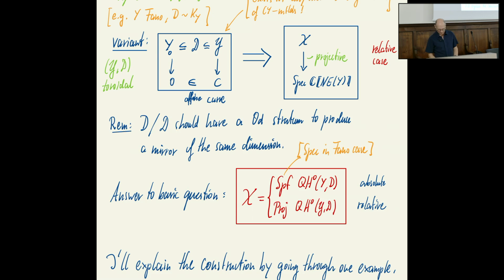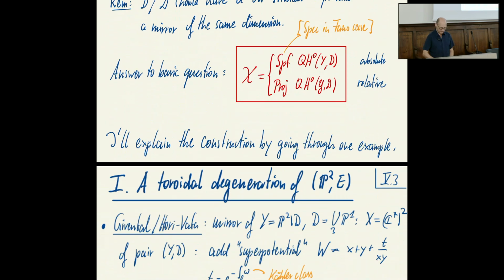It's just a co-limit of rings. But in the relative case, it's an honest Proj. And in the final case, it will also be an honest Spec. Okay, so that's as good as you can do. And rather than giving you all kinds of gory details of how to do this in general, where nobody will understand a thing, I'll just go through one example and show you with very concrete equations